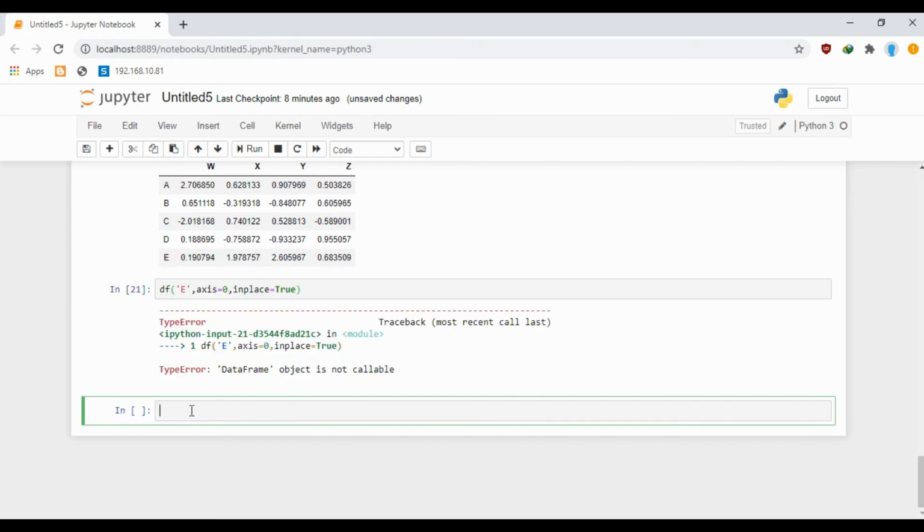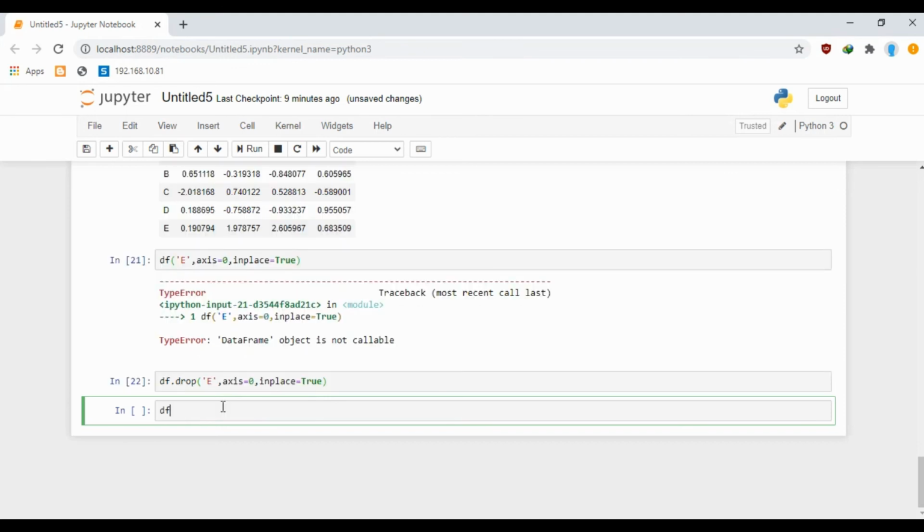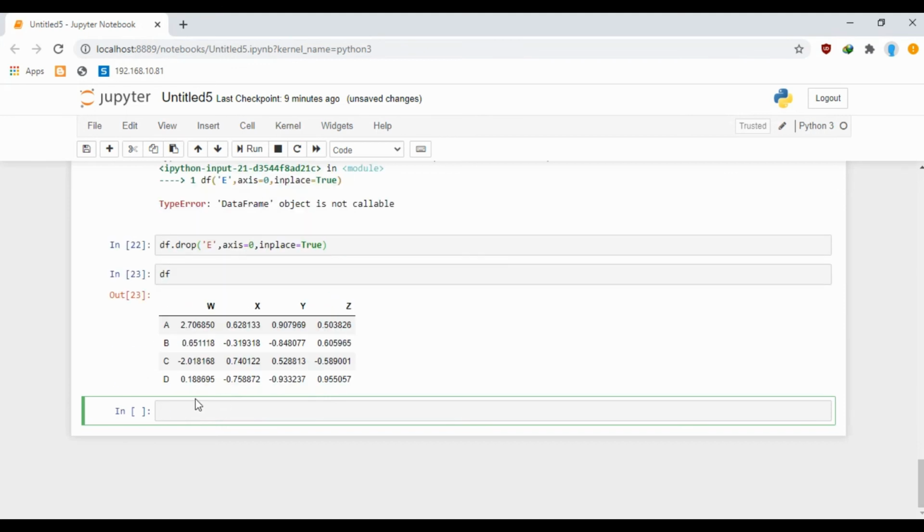Okay, data frame is not callable. Sorry, I forgot the drop. True. Now if I take a look at my data frame, you can see that the E row has been deleted completely.